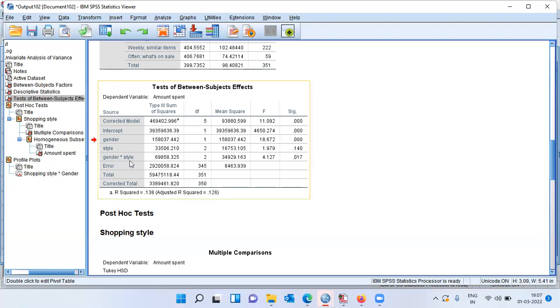variables, namely gender and style. And when you look at the interaction effect and the significance level corresponding to the interaction effect, the value is 0.017, which is again less than 0.05. Since significance level is less than 0.05, we reject our null hypothesis and conclude that there is a strong interaction